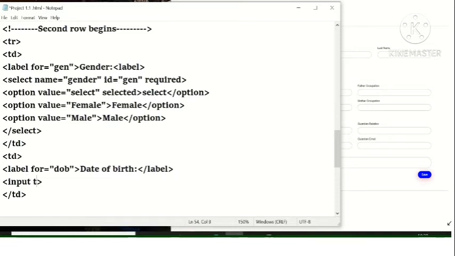The input type for a particular date is given as type equals date in double quotes. This particular input type opens the whole calendar for you to select the date, and the ID we are giving as DOB.